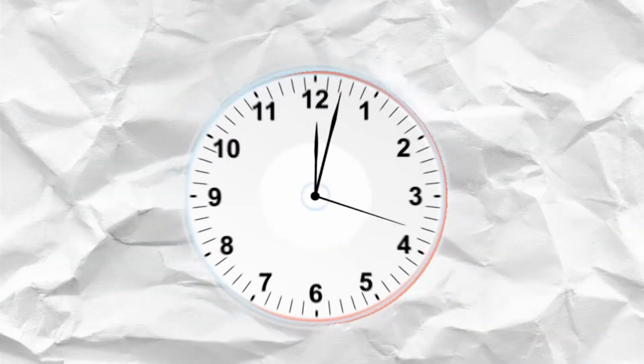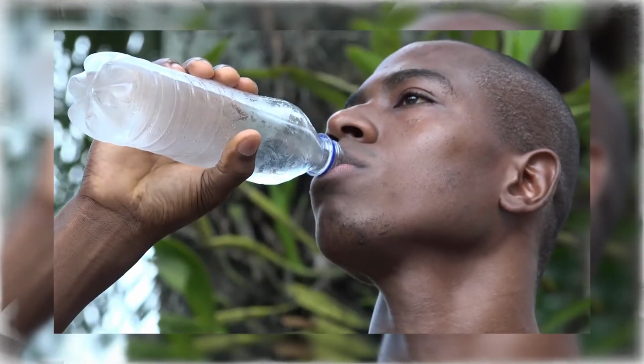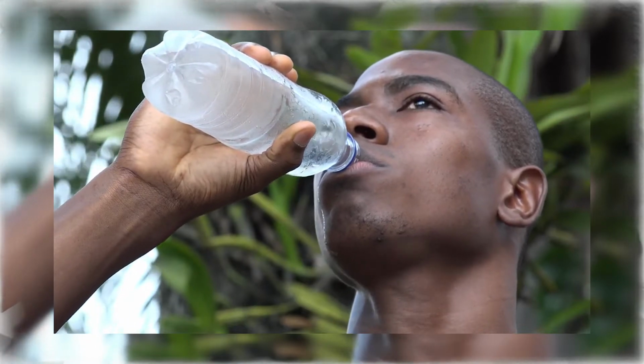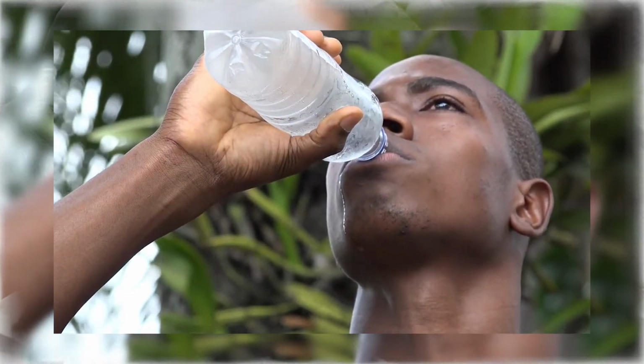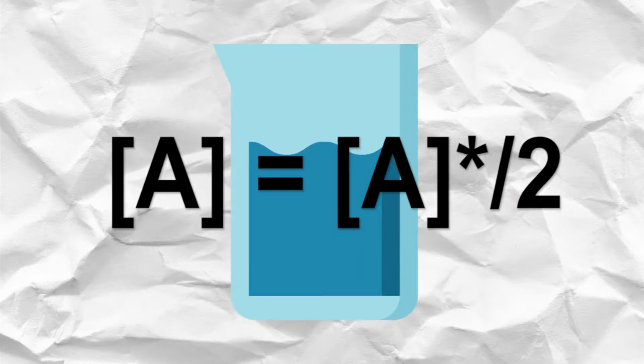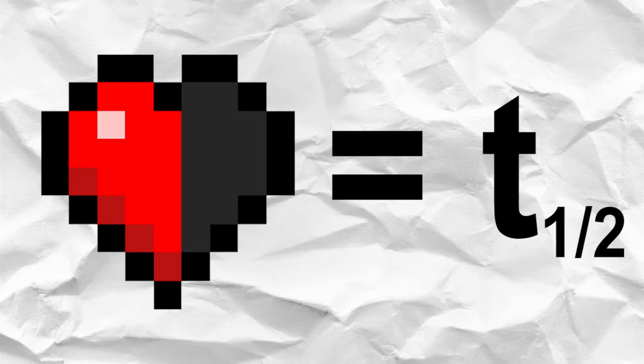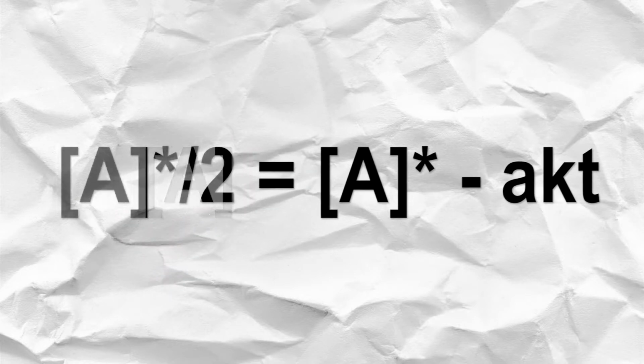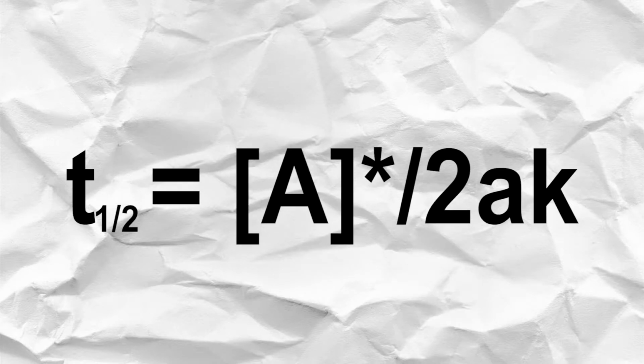Now the half-life of a chemical means the time it takes for the amount of the chemical to decrease by half. To put this into perspective, it's basically like how long does it take for you to drink half a glass of water. But instead of you drinking, the water just decays. And it's not limited to water, it could be any chemical. In equations, it just means that A becomes A naught over 2, which is half of the original amount of chemical A. We signify half-life as t sub 1/2 and substitute A in the equation for A naught over 2. And then we isolate t sub 1/2 until we finally get to this formula for the half-life of a reactant